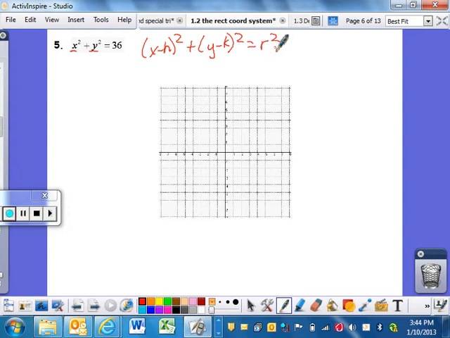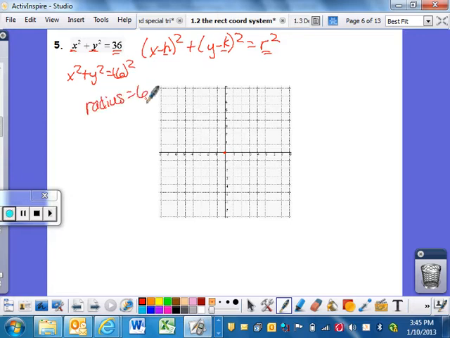For a circle, your h and k work the same way as the vertex idea, except it's your center. Well, in this case, there's nothing added or subtracted in here, so I know my center's at 0. And then the one that it's equal to becomes your radius squared. So what number squared is 36? 6 squared. So you know your radius